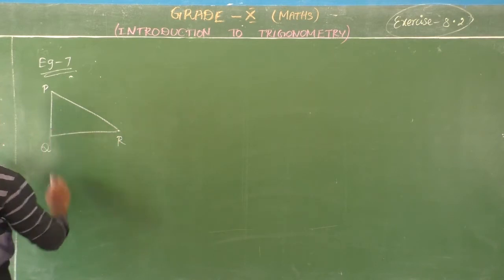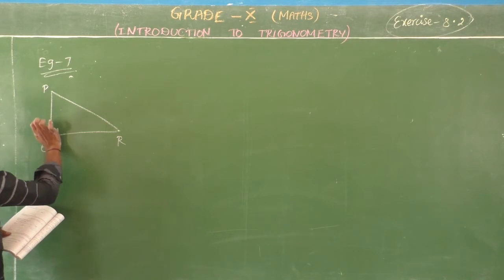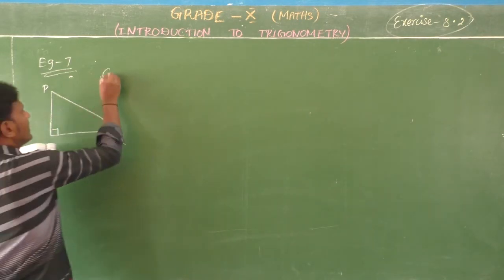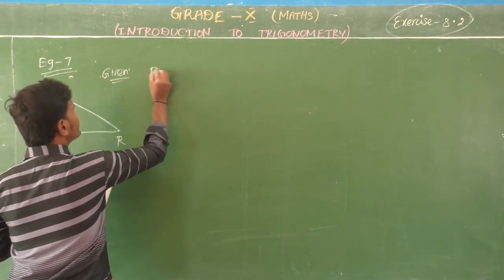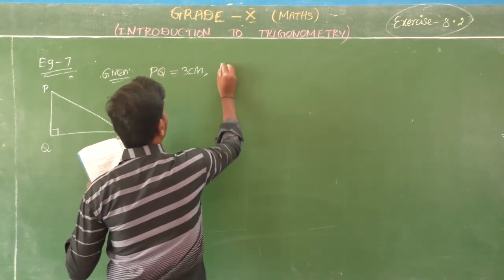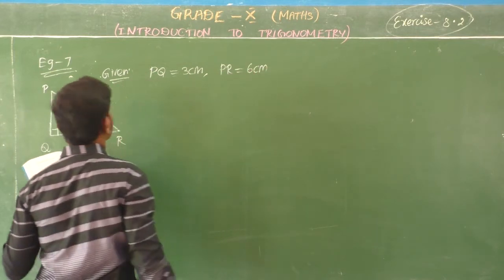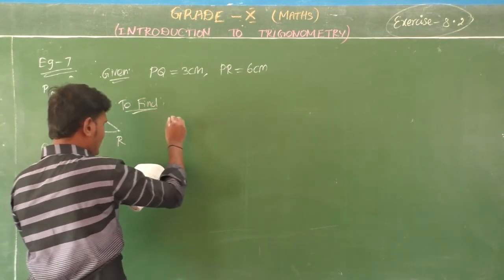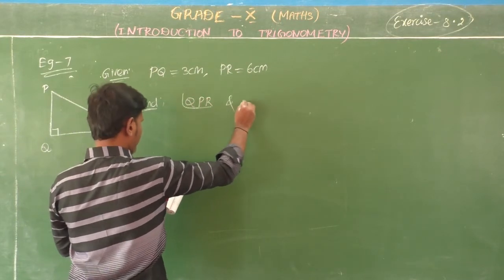Okay. Now a triangle PQR, right angled at Q. Some of the values are given. Given PQ is equal to 3 centimeter, and PR is equal to 6 centimeter. Now we are going to find the angles QPR and